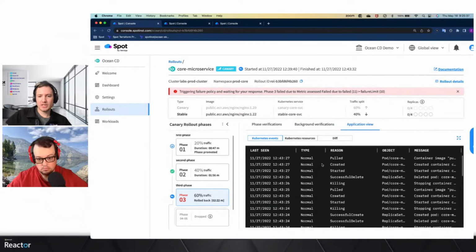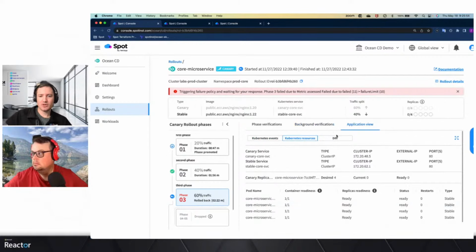And you can also see everything that's going on behind the scenes on both the Kubernetes level and the resource level. You'll see all of the relevant logs as they relate to your ongoing deployments, and the different resources that have been created along the way.